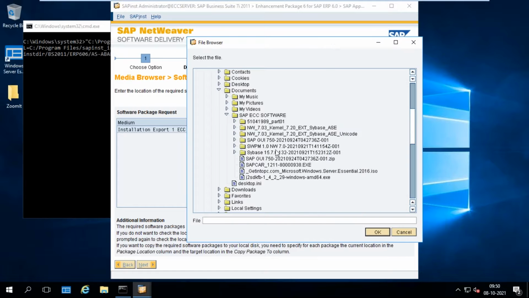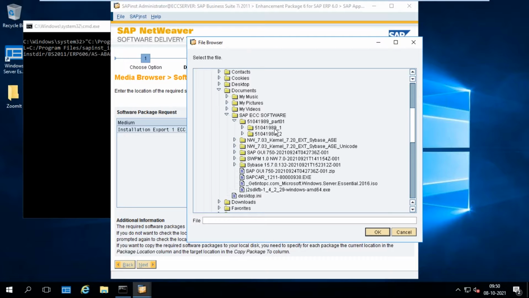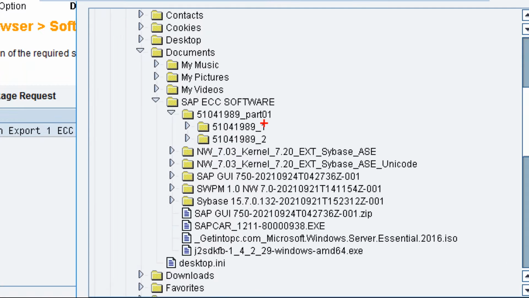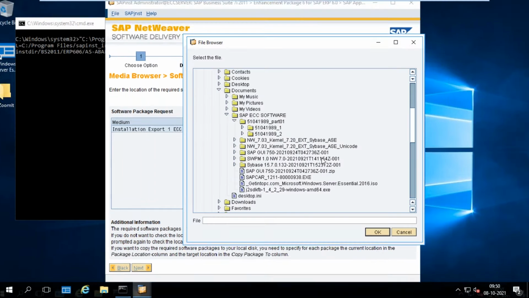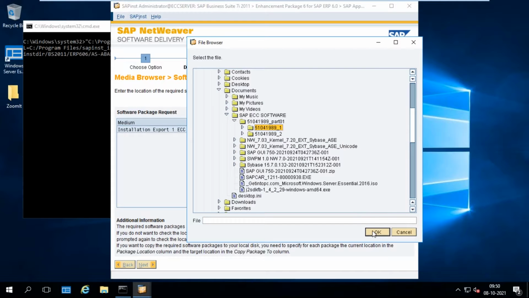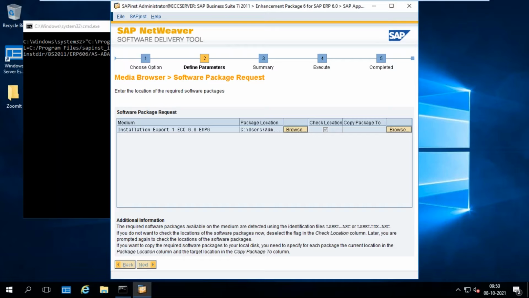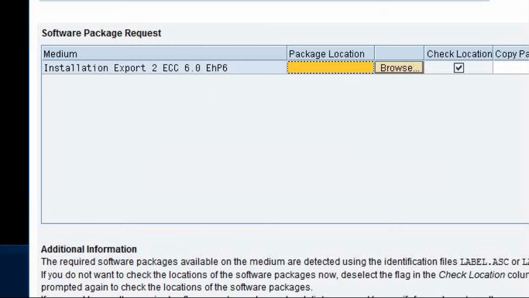Yeah, export one. So here just expand 51041.989. Expand that one. So here we have two exports. This is export one. One means export one, two means export two. So we need to select the first one. Click on OK. Next. Okay. So first one is correct.